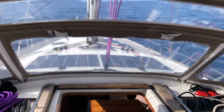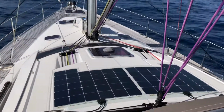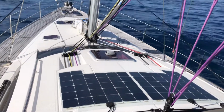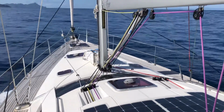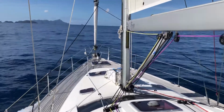And then up on deck, pretty simple and self-explanatory. So a couple of solar panels which do a little bit, not a hell of a lot to be honest. It's on the agenda to upgrade solar one day. You can see a life raft up the front there, one of those things you hope you never need obviously. And well forward,